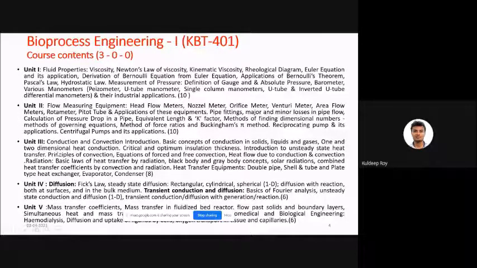And the third will be conduction and convection, meaning heat transfer. Why heat transfer? Because if you increase the temperature to an elevated temperature like 30 to 40 degrees, then you have to take into consideration how conduction and convection take place in your liquid system, in the bioreactor system. All these things we will discuss here. And the fourth will be diffusion. Of course, mass transfer limitation is the biggest problem in the bioreactor, because you need higher mass transfer to enhance the production yield, and at that time you need optimum conditions also.